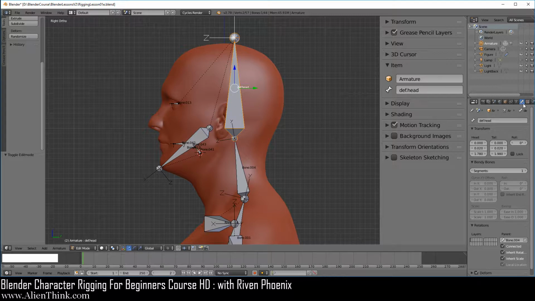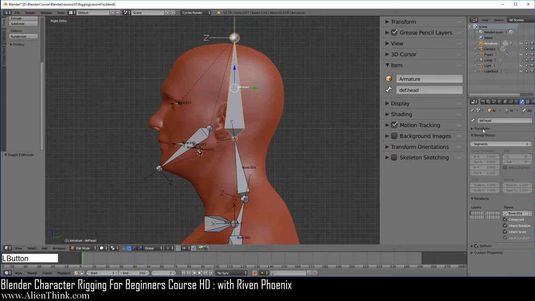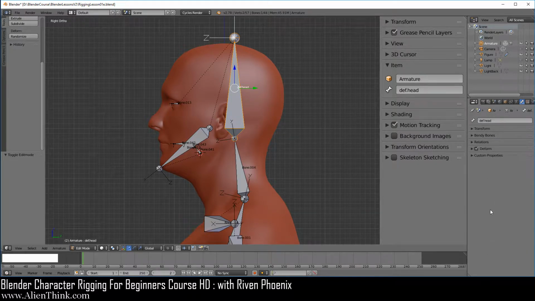Now, if you go to the Bones tab over here and click over here, click this with the left mouse button and, having the left mouse button pressed, just drag it down. You'll see that this is checked. This is a deformed bone. This means that the vertices that will be assigned to this bone will also deform along with this bone. Basically, wherever this bone moves, it will take the vertices with it.